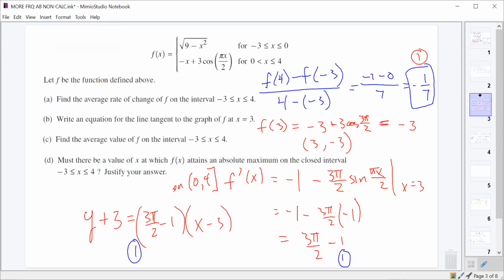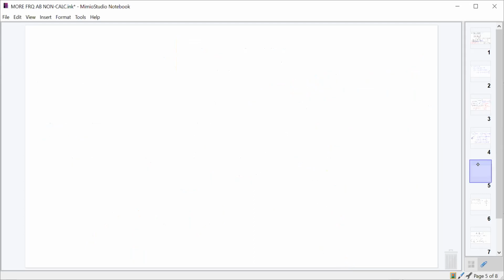Part D says, must there be a value of x at which f of x attains an absolute maximum on the closed interval -3 to 4? Well, that's the extreme value theorem, right? So for part D, the extreme